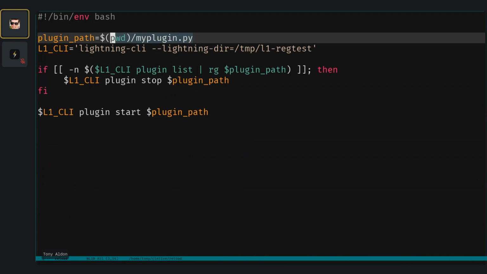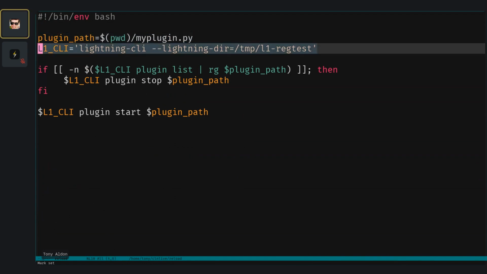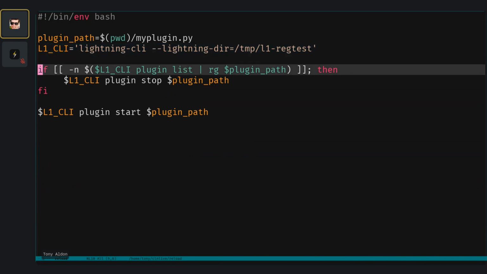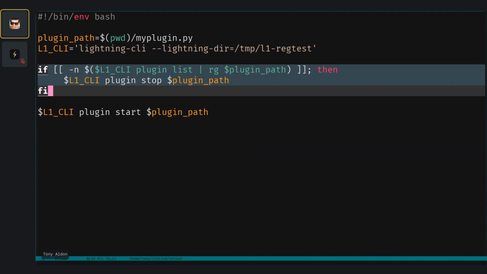Here we have the name of the plugin. Here this is l1-cli, the variable that we have at the beginning. What we do there is that if the plugin is in the list of the plugins, we stop it, and